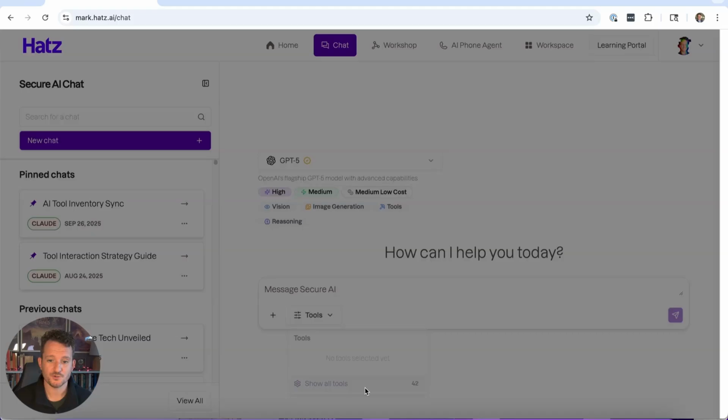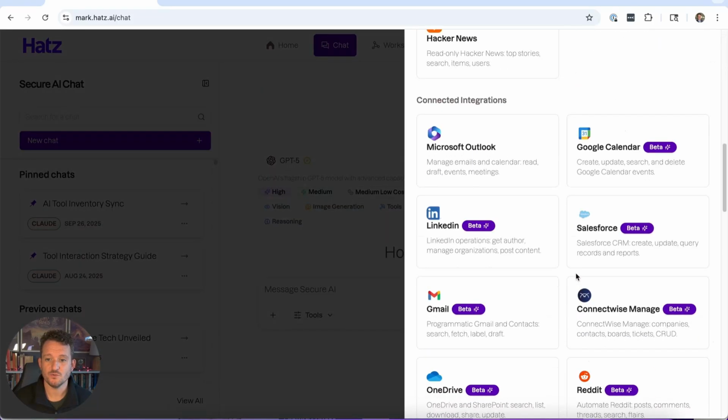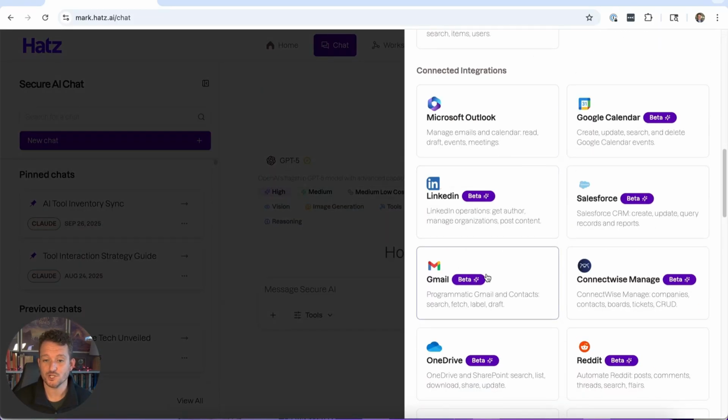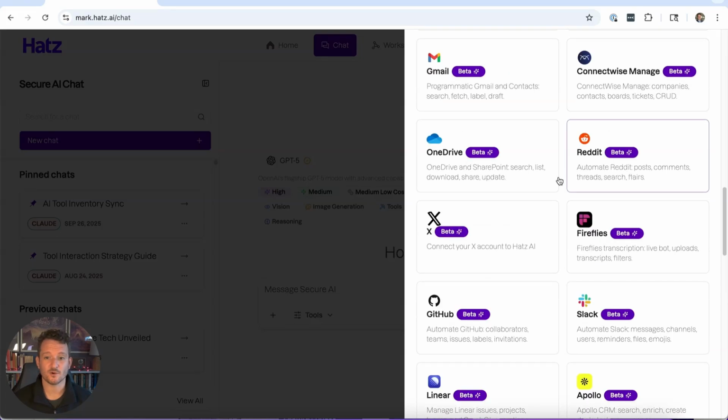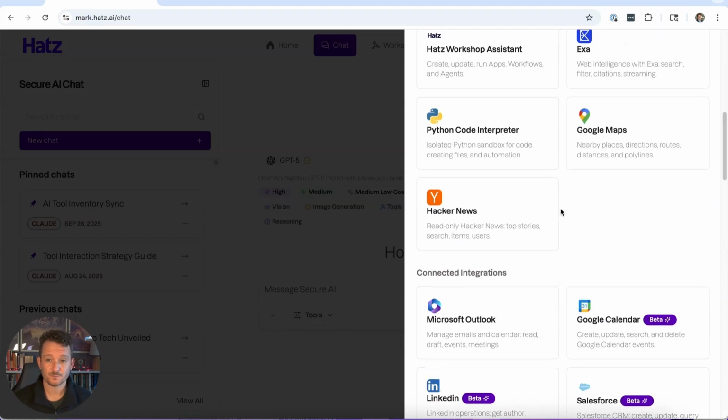Another example, under tools, if you use Outlook or Gmail, drafting emails, you can connect your Google Calendar. So through Outlook and Google Calendar, you can schedule events with your clients, with your team. You can check what's on your schedule for the rest of the week. You can see who you're spending the most time with in meetings. Even things like Reddit or X or Hacker News. Go find out what people are talking about in your industry.